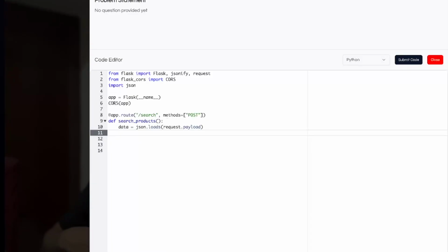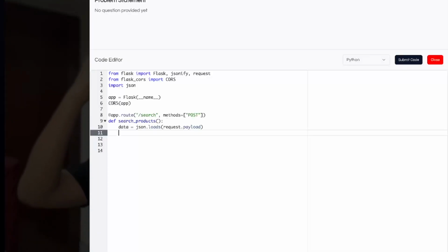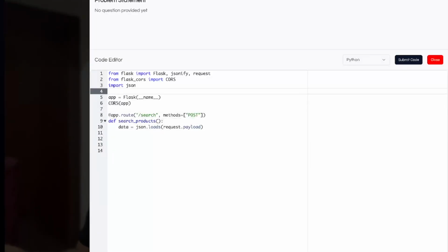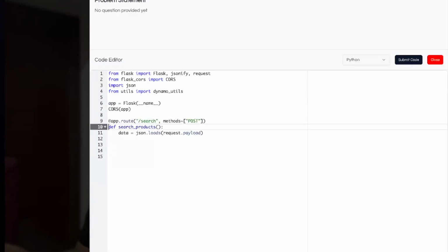So you mentioned that it was in ES or DynamoDB. So I'm also going to have a DynamoDB utils. So let's say from utils, import Dynamo utils. I'm not going to write the entire utils file. So for the sake of this, let's say,